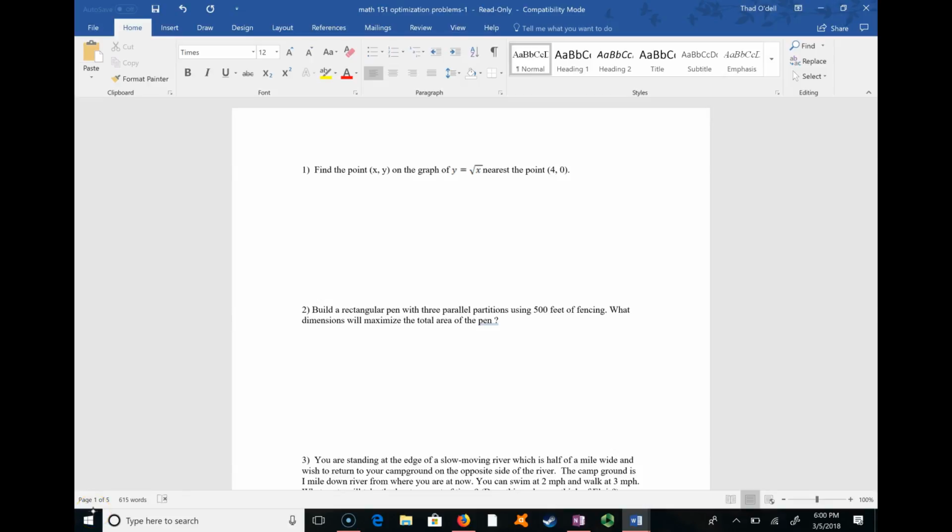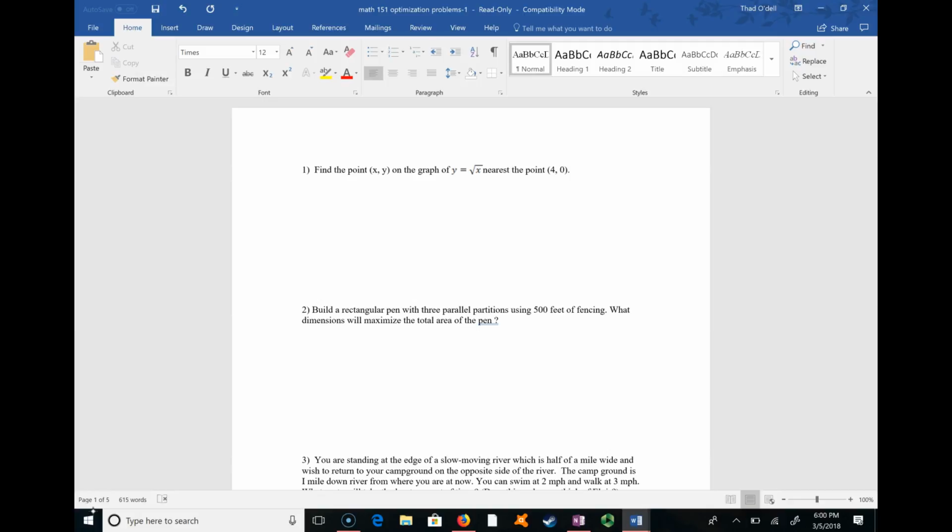Okay, I just want to run through these optimization problems. I think some of these I've done in class, some of them I haven't, so there may be some repeats, but here we go. Find the point x, y on the graph of y equals square root of x and nearest